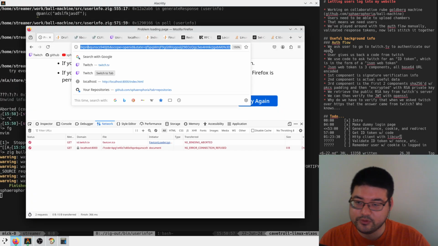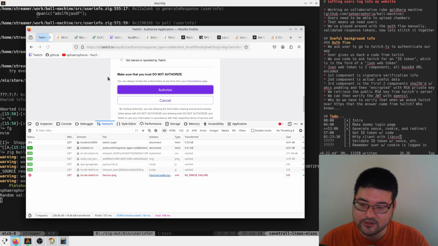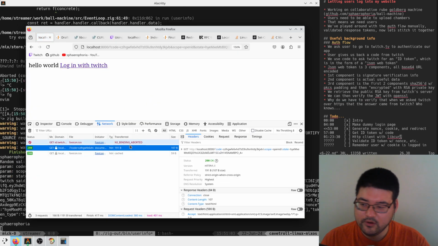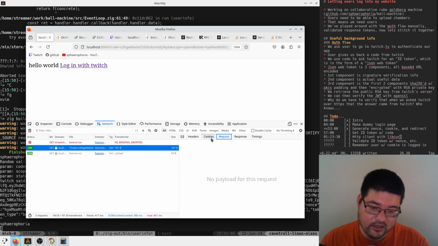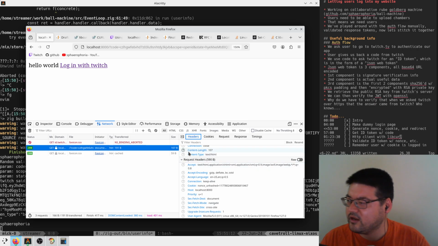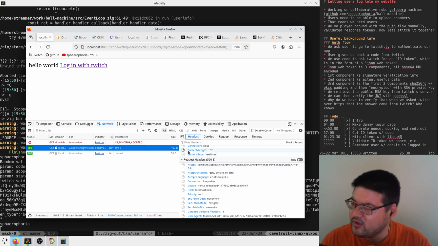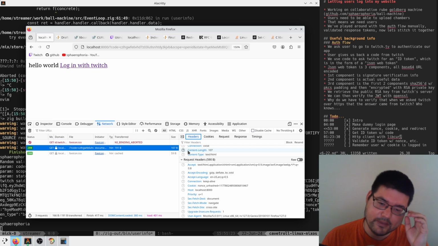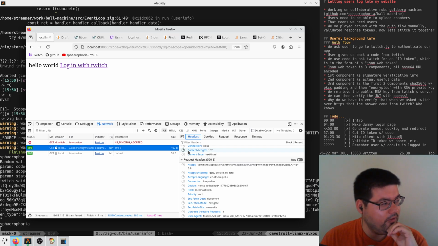Zig looks easier to learn than Rust. Would you recommend Zig over Rust? I think they serve marginally different purposes. I think that I would recommend Zig if you are someone who likes getting their hands into the nitty gritty. I guess it's more of a philosophy thing, right? With Zig, I feel like it meshes better with people who like simplicity in some regard. But Rust meshes better with, I think, people who like